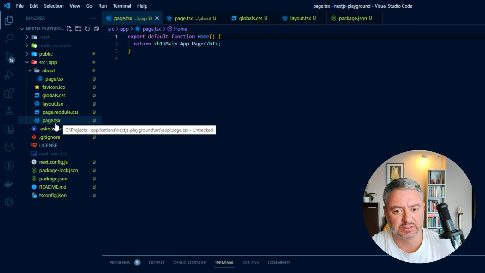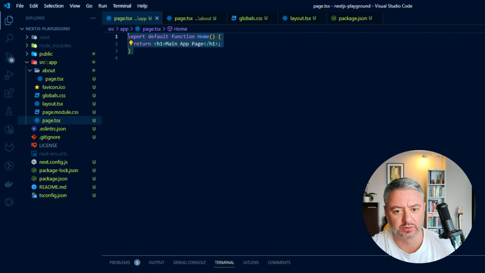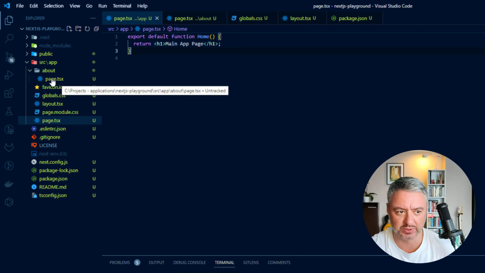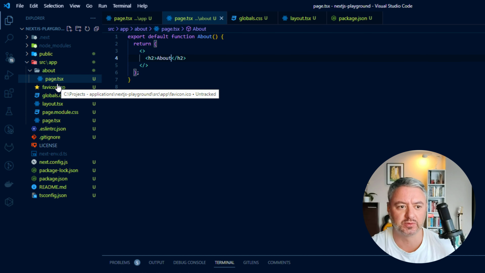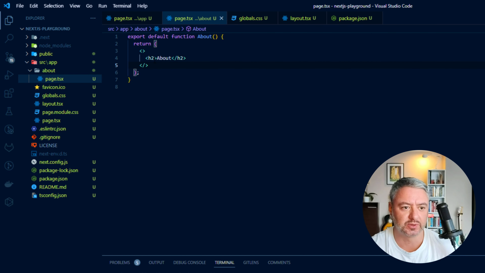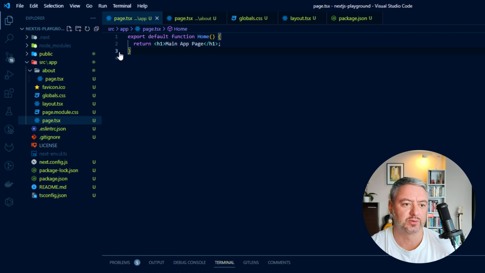Page.tsx is the actual page layout which you will see in the browser in this particular folder. So inside the app folder we have page.tsx, inside the about folder we have page.tsx, the same names of the files, but in about we have h2 about, and in the app folder we have a page with this JSX, main app page,